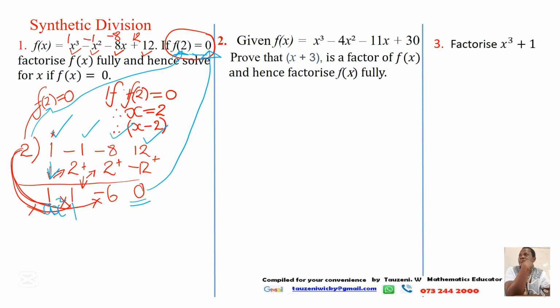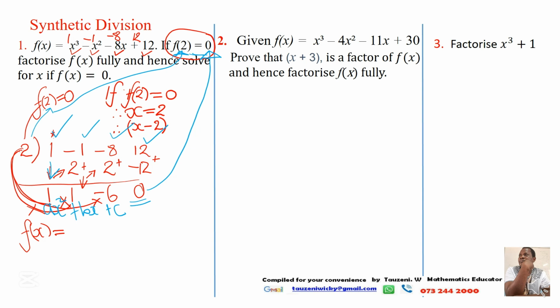The second value is the value of b in bx, and the next one is the value of c. So these 1, 2, 3 numbers are values of ax squared plus bx plus c. Now to proceed with our factorization, f of x, which is the expression that we are factorizing, is equal to